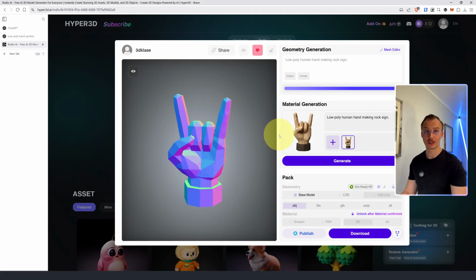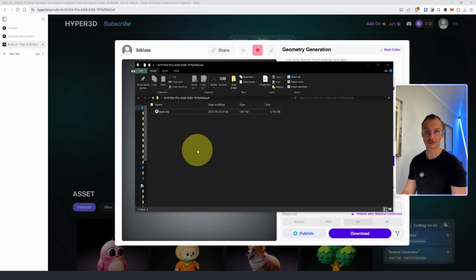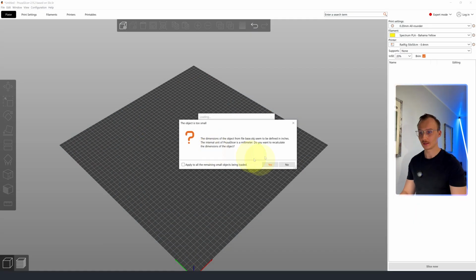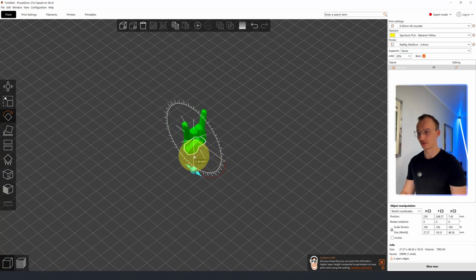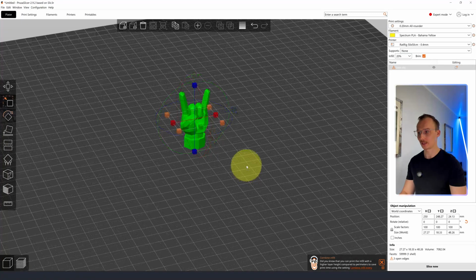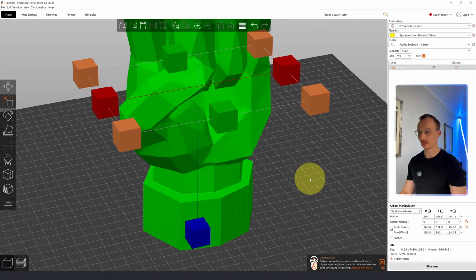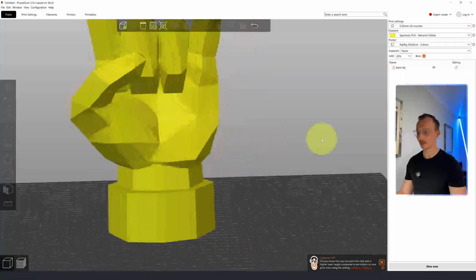Now here's the trick that will make all the difference. We will open this model with 3D printing software, PrusaSlicer or Bambu Studio, to make the trick. So I will click on this model, open it with PrusaSlicer, and click yes to recalculate the dimensions. I will rotate it by pressing R on the keyboard, and scale it by pressing S on the keyboard. I will scale it up, and now we can see that the surface is not perfectly flat, and we should